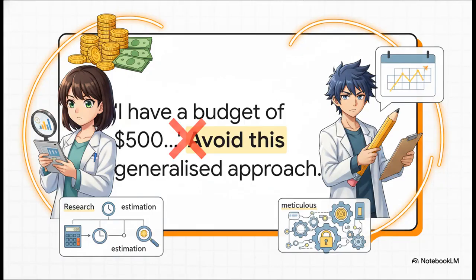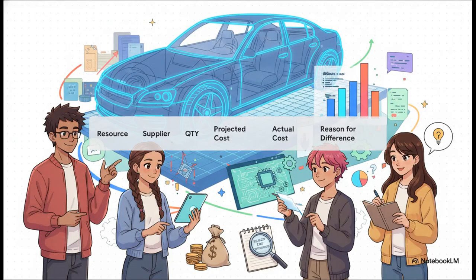And last but not least, the finance plan, the how much. Okay, this is where so many people trip up. Saying something like, oh, my budget is $500 and my parents will cover it, that is not a plan. That's a wish. A real finance plan is built on actual research, careful estimates, and then tracking every single penny. And using a structured table like this is what transforms your finance plan from just a list of expenses into a seriously powerful management tool.